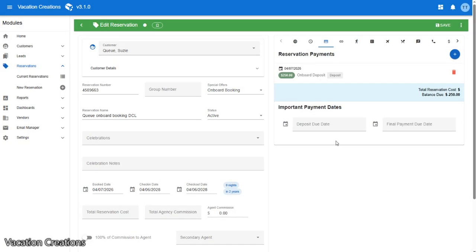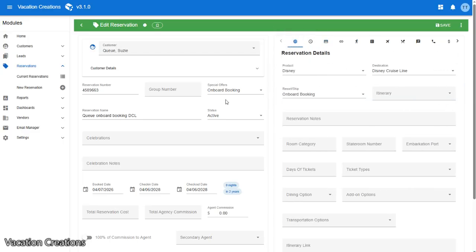Obviously too, we don't know a final payment date. Not going to fill anything else out here at this point, but you'll be able to track this onboard booking because it will come up in your reservations. Once that client reaches out to you, you've got it here under the reservation number. You can easily then go in, change the date to what their new sail date will actually be, put in their resort ship that they're going to sail on, and then of course all this information will be filled out